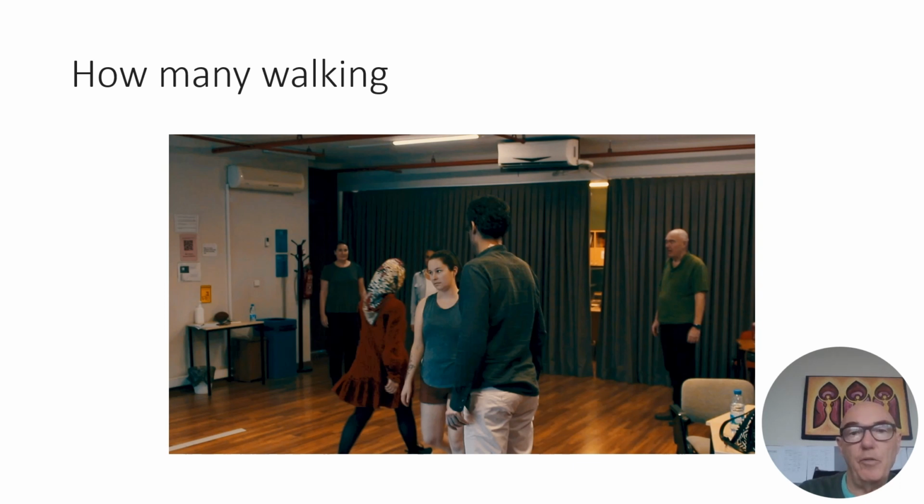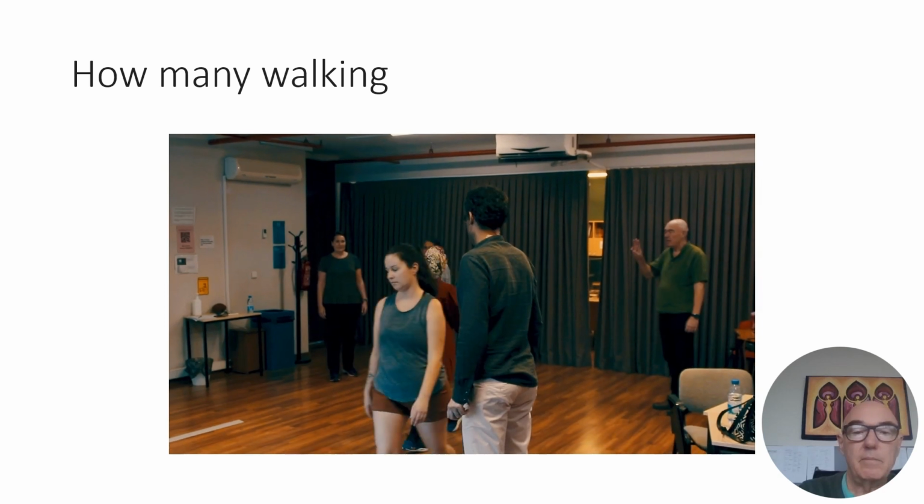The group stands in a room and the leader says, okay, one person walking. And only one person in the group can walk, but they can decide when they want to stop. And as soon as they stop, somebody else has to start walking. But you need to be aware of what the whole group is doing, because only one person can walk until the instruction changes. And then it may be two people walking or three people walking or everybody walking. And then it can be reversed. Everybody walking, only one person standing still. Two people standing still. Okay, let's make it three people walking.